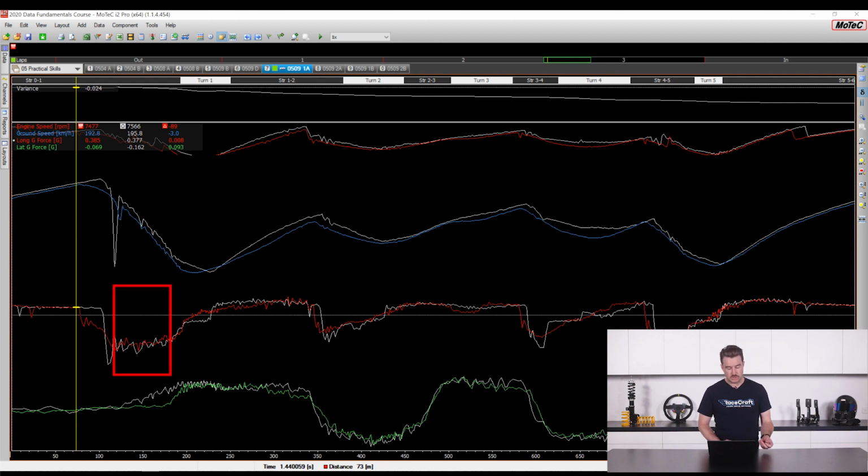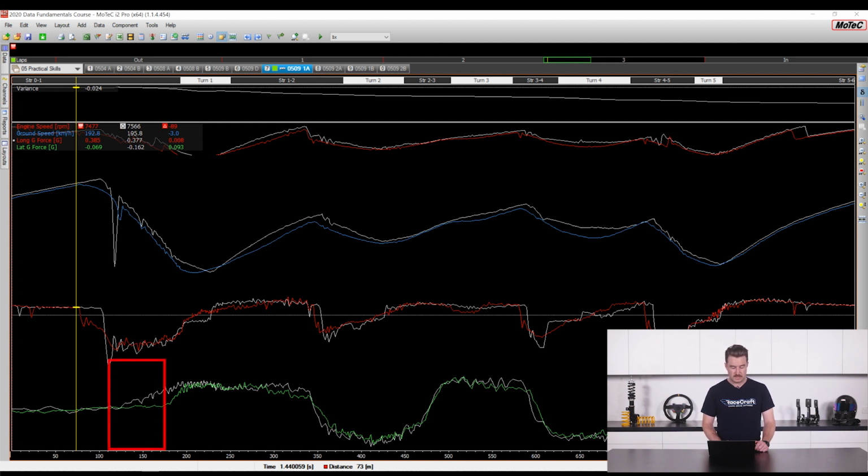Later in the turn, the longitudinal force is actually quite similar, but because the amateur started braking so much earlier, we can see how much lower it sits in the line here. There's quite a big difference in the speed trace. Really obvious thing here looking at the lateral G is how much combined lateral and longitudinal force the pro is holding compared to the amateur.